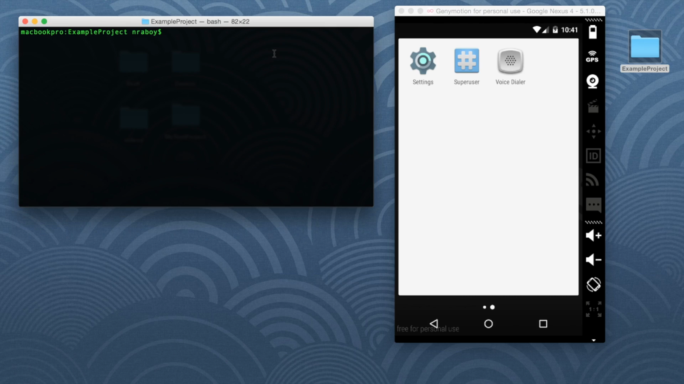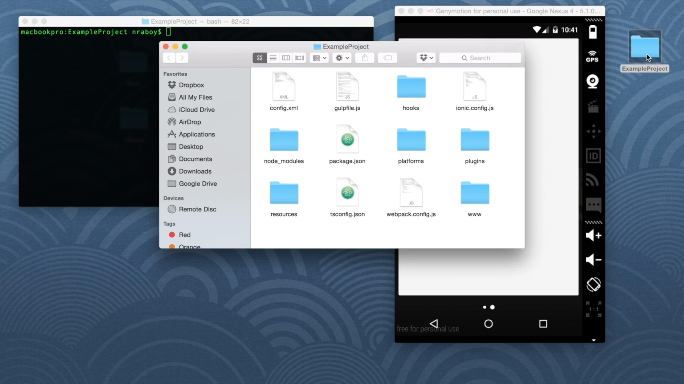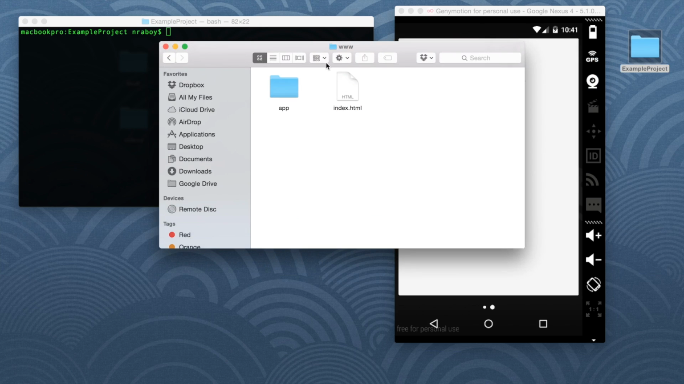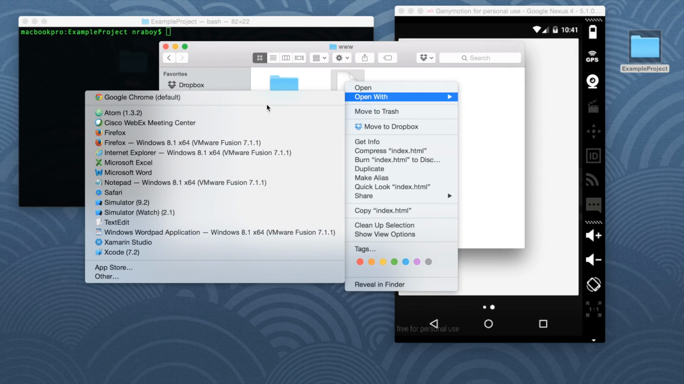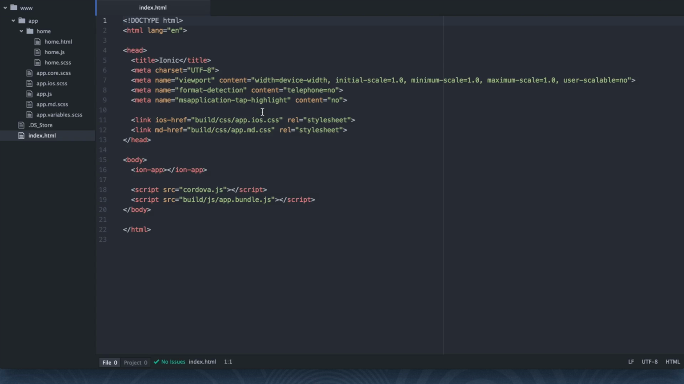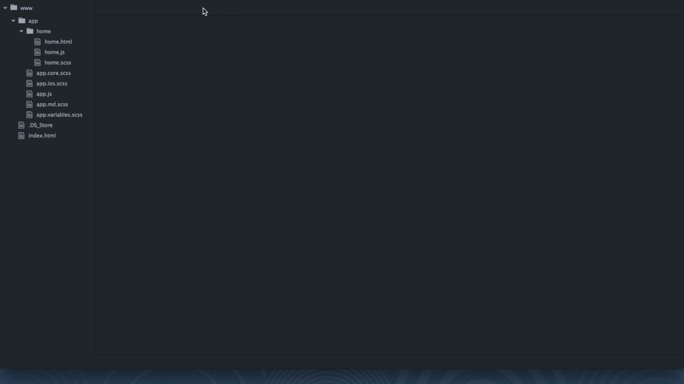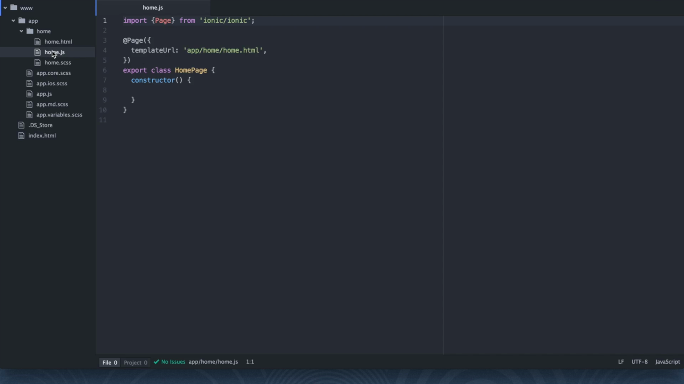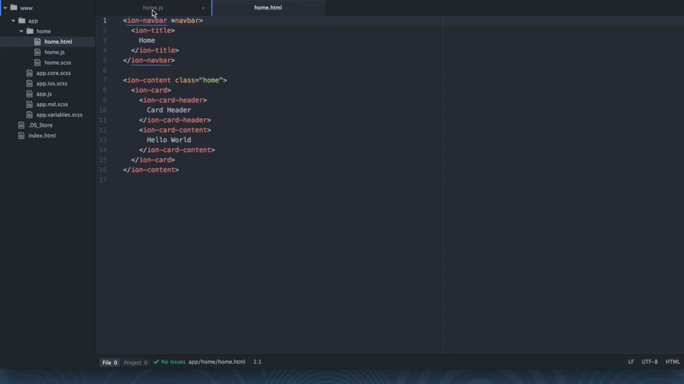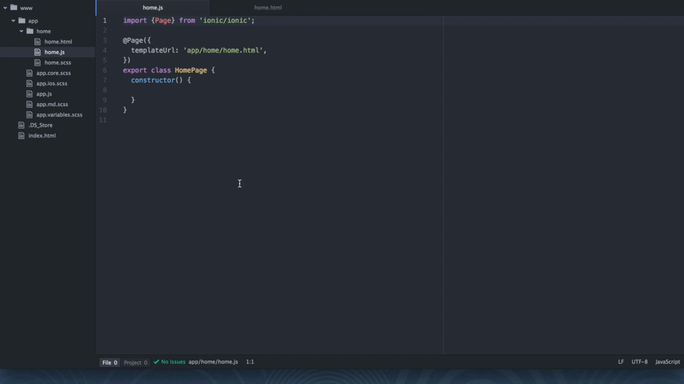So with that little thing said, let's go ahead and open that project that we created on our desktop. Everything that we want is inside of the www folder, and we can just open up that full project here. Now we're not actually going to be looking at the index.html file. We're going to be spending all of our time in home.js and home.html. So starting with actually